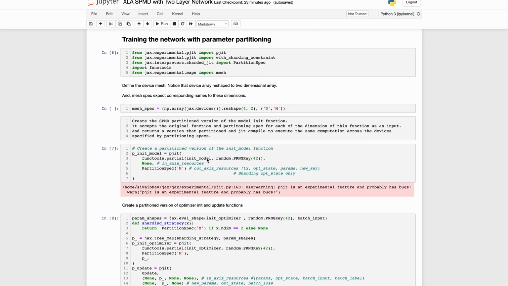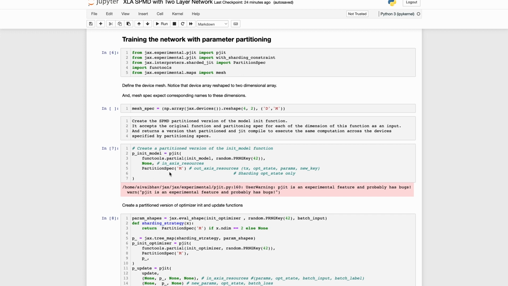And where XLA SPMD comes into play is that it uses the sharding annotation or partitioning specification for inputs and outputs and uses these to propagate these annotations throughout the function and finally create a partitioned version of the function computation graph that can then be executed across the specified device array.